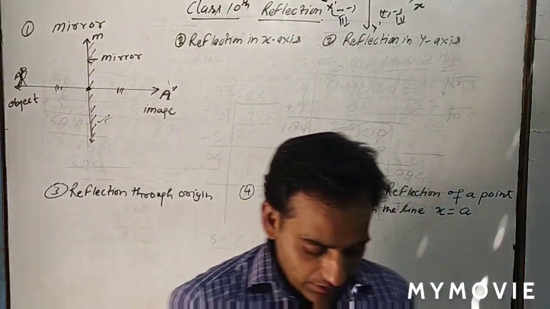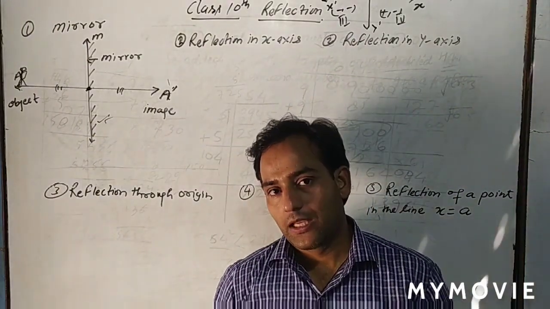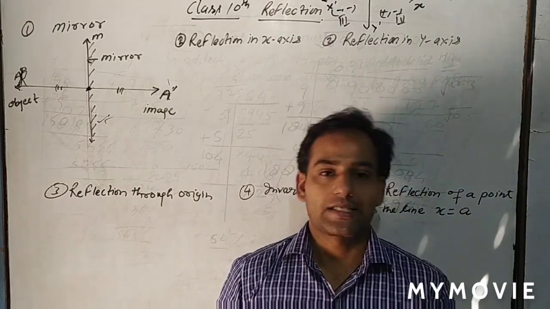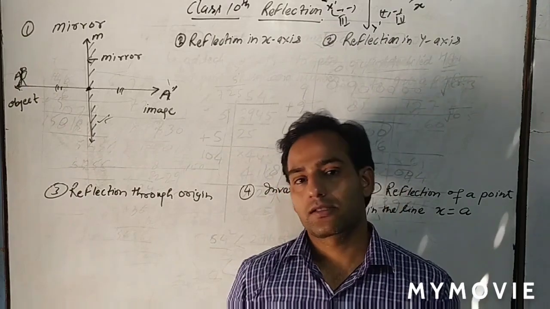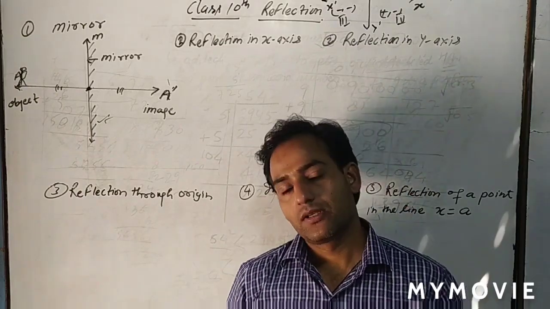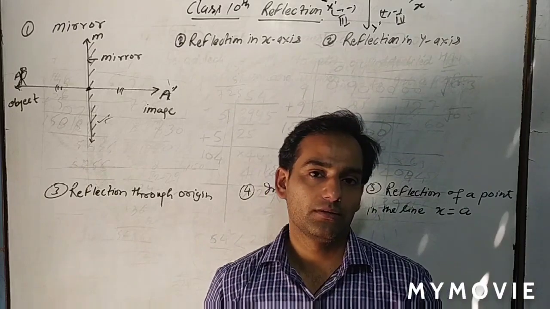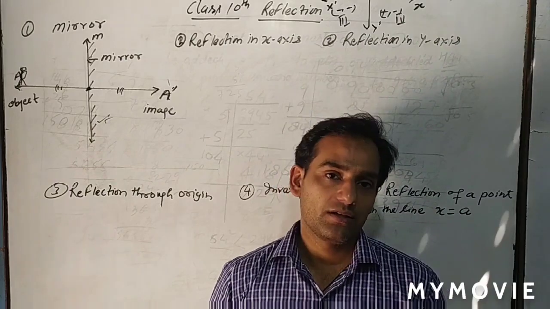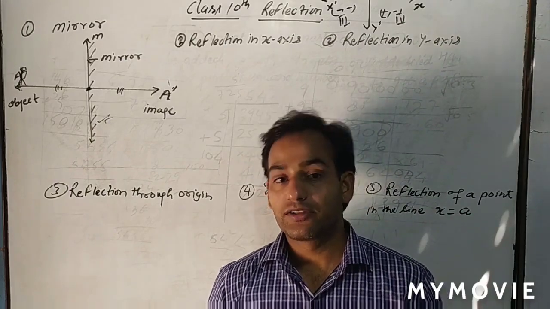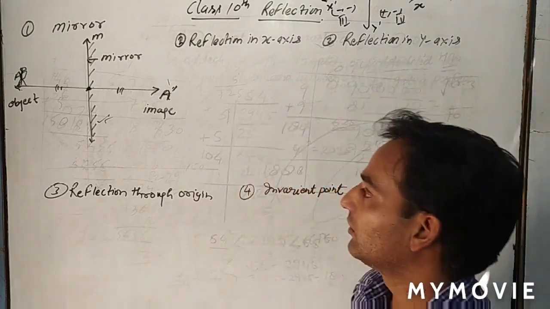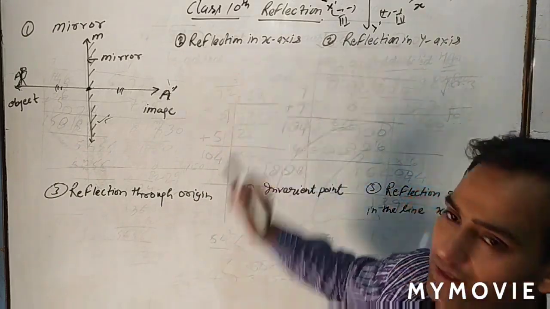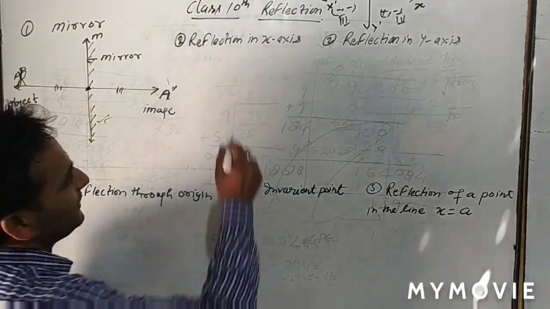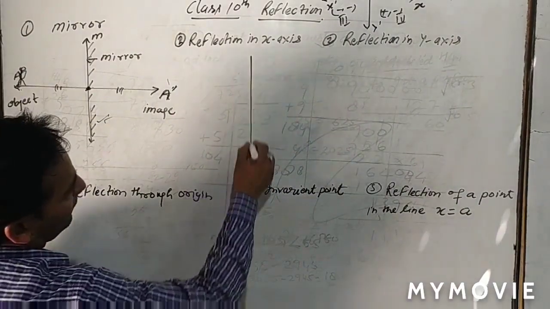Now, if we have to get some points and the reflection is being done through the x-axis or through the y-axis or through the origin, some invariant points will also be there. Invariant point means there will be no change after reflection in that point. So what will they be? Listen carefully. Now, the first point I have written here is reflection in x-axis. Reflection in x-axis means if we have